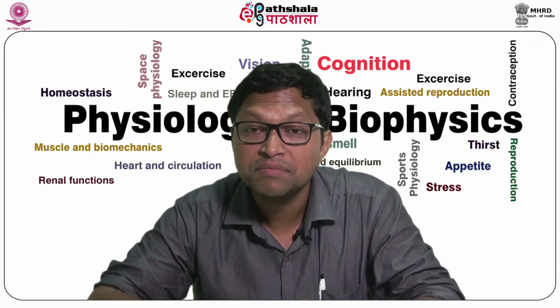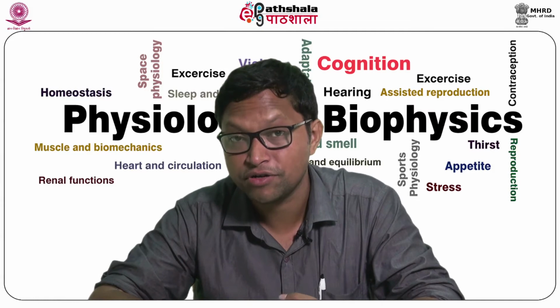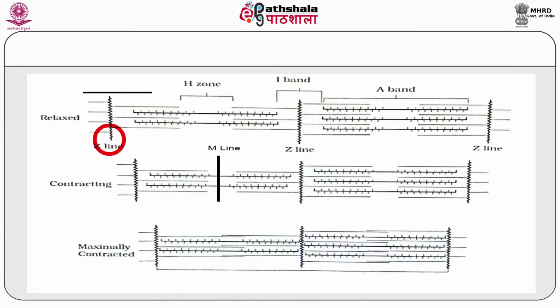Now, there are some additional structural proteins which are present in the muscle and play an important role. First is the actinin. It binds actin with the Z lines. Then we have titin. It binds the Z line to the M lines, and it is also the largest protein known in the human body. Now we have desmin. It binds the Z line to the plasma membrane.